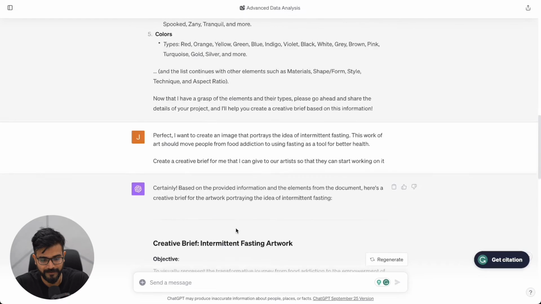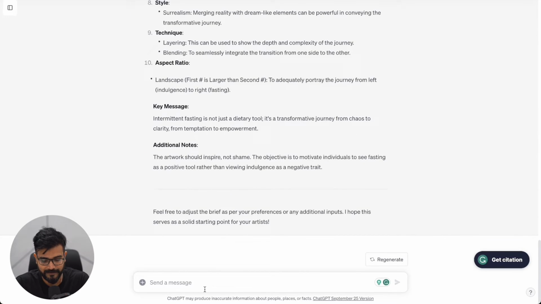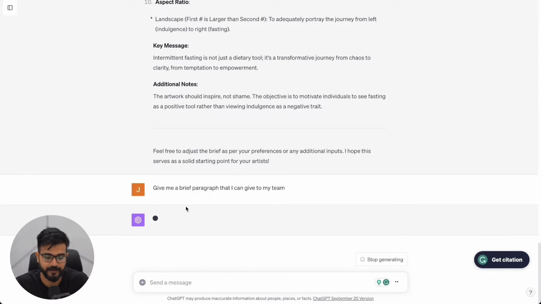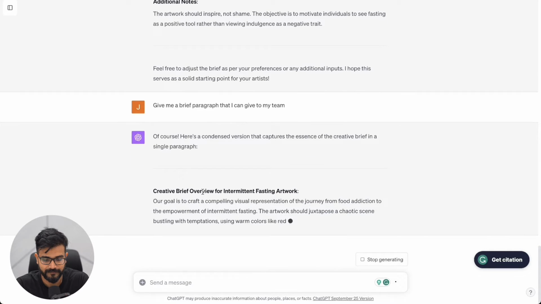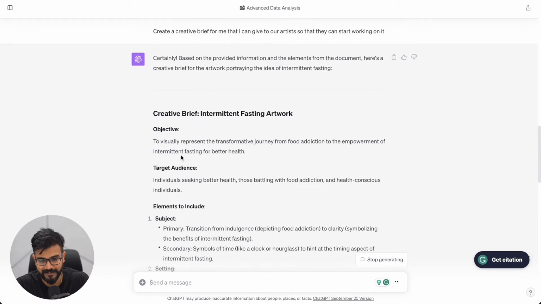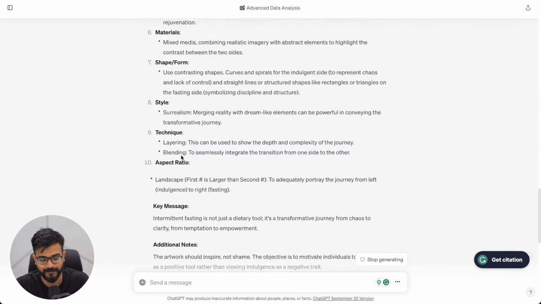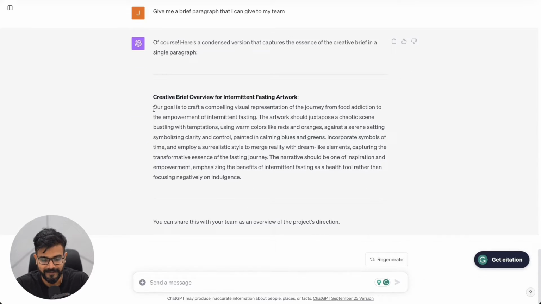All right, cool. Now, what we'll do is give me a brief paragraph that I can give to my team. So it will give you a paragraph to use. Now, either we can use this. This also works with DALL-E 3 as well. So we'll just use this,